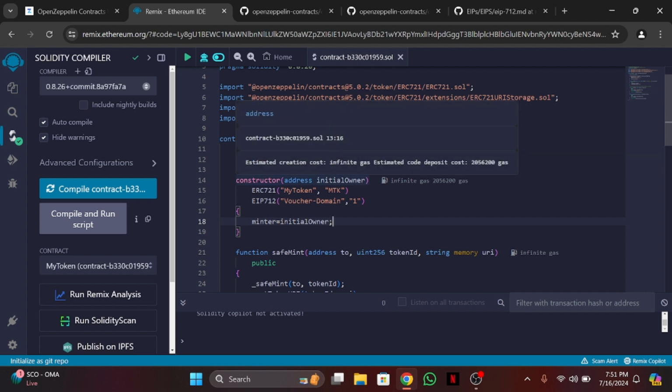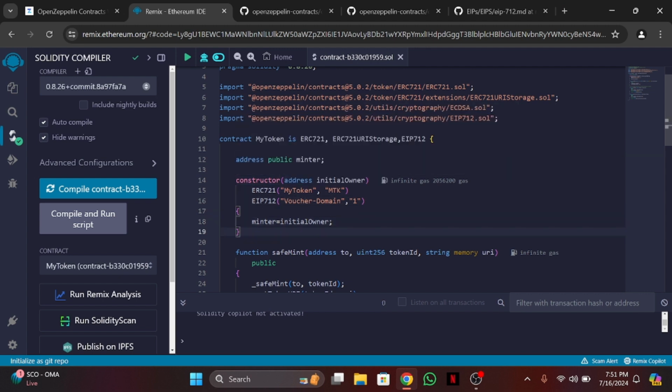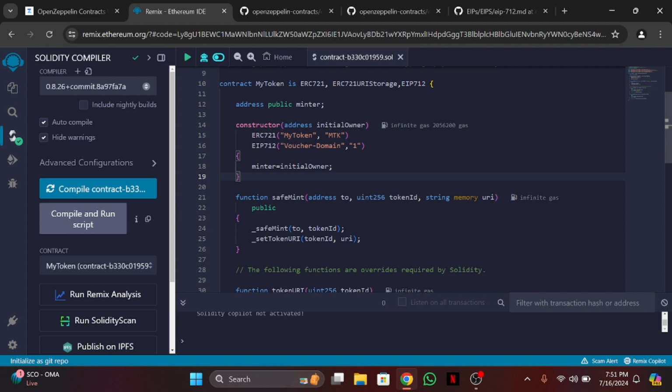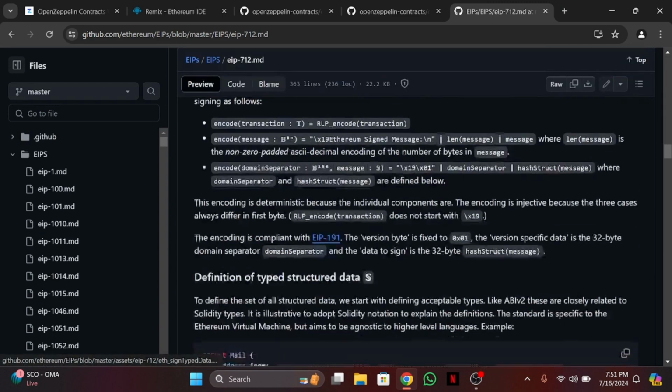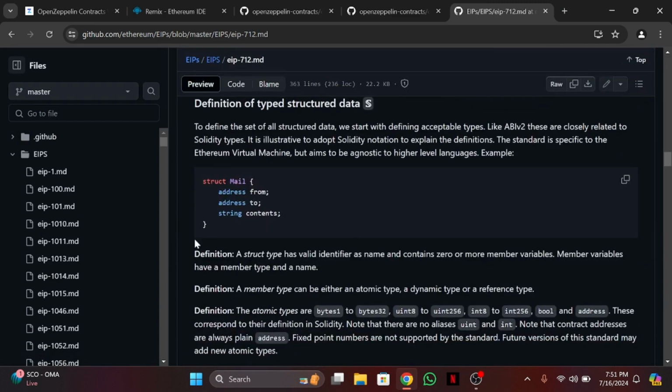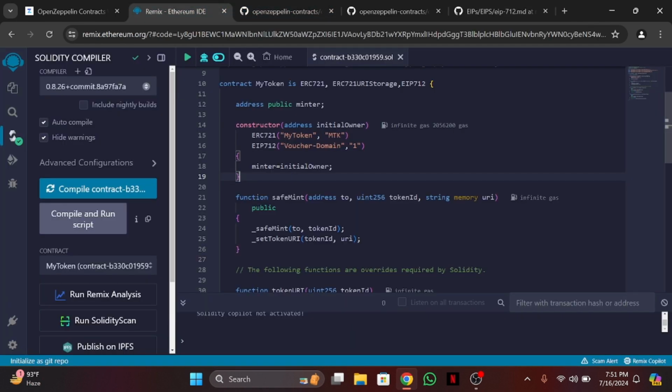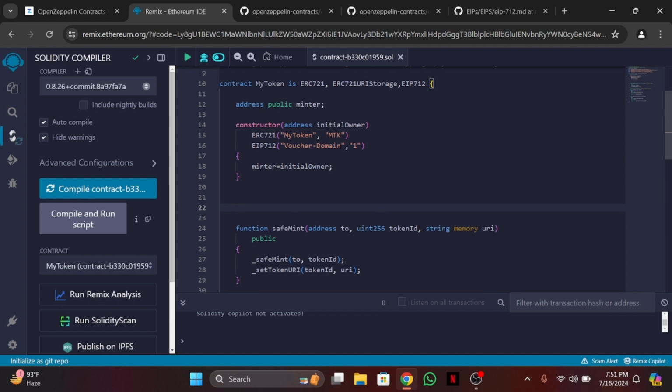So you can just write immutable also, but this also does the job. After that, we need a struct just like here, because it is a type data signature that gives us this type data signature option. So we need to create a struct in which we will define what it will be taking in the signature inside. So we just write struct LazyNFTVoucher,